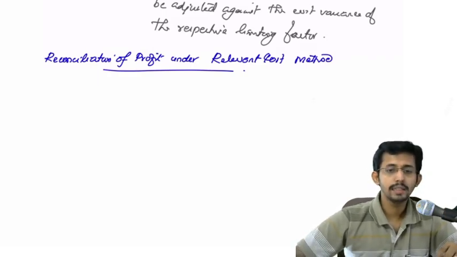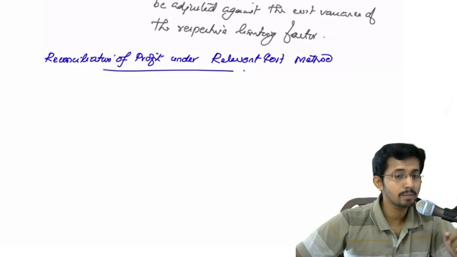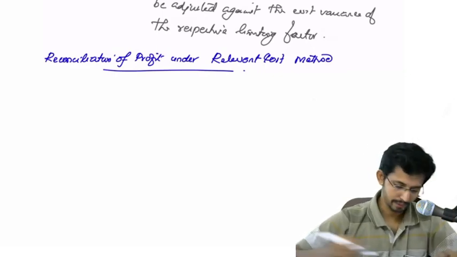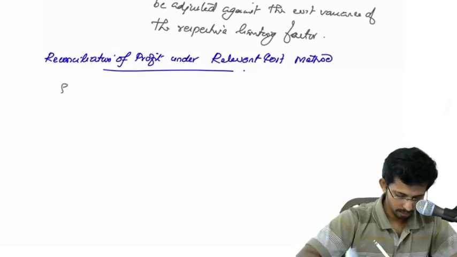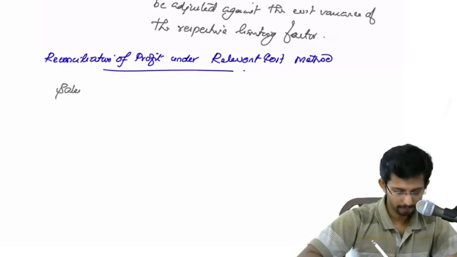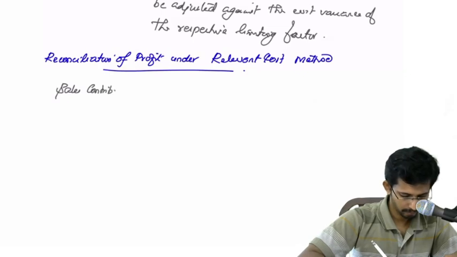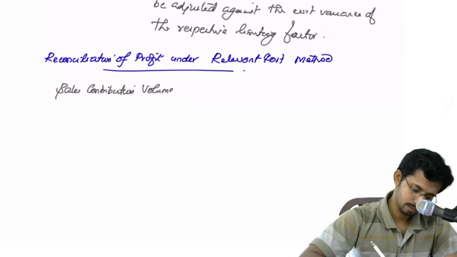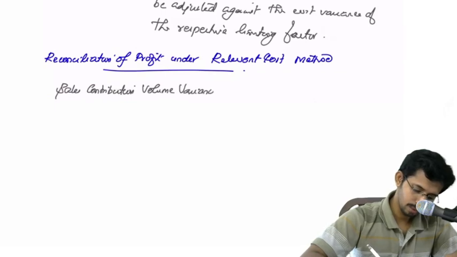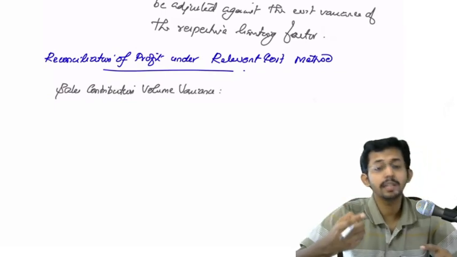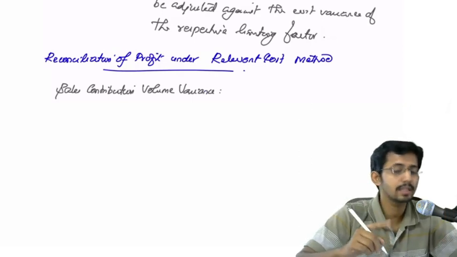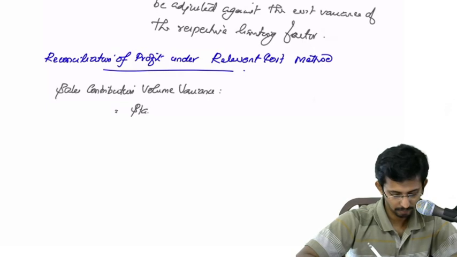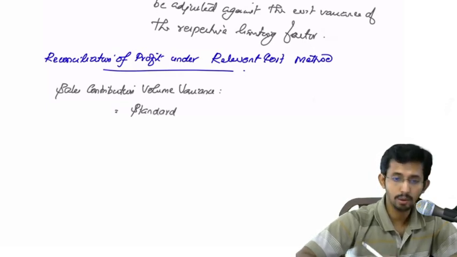So in the conventional method, you are computing sales margin volume variance. Here you have to compute sales contribution volume variance. Here also you don't have sales contribution price variance because there is no difference between the budgeted selling price and actual selling price. So this is equal to standard contribution